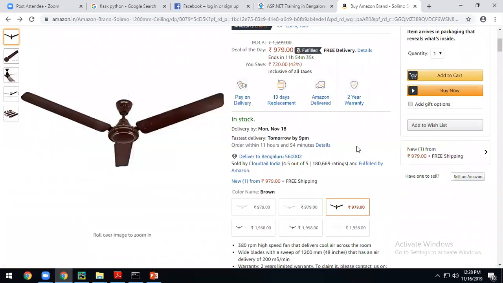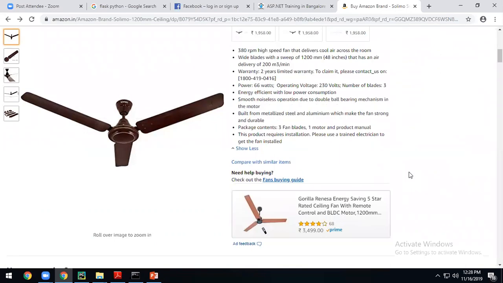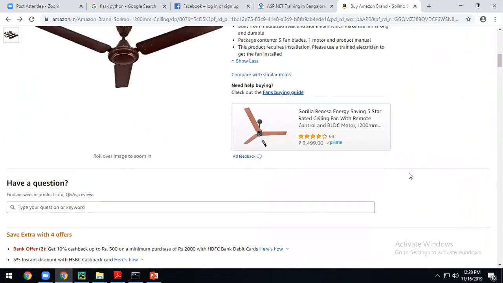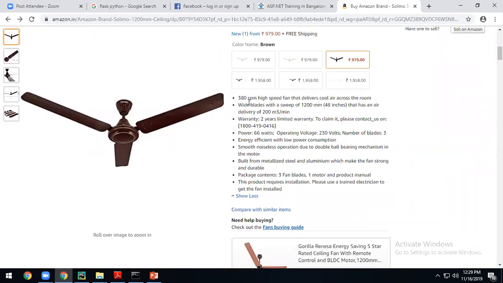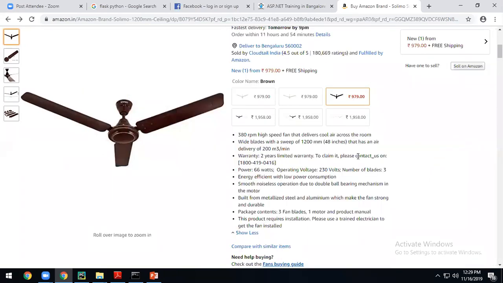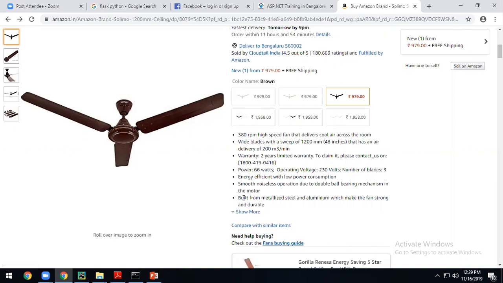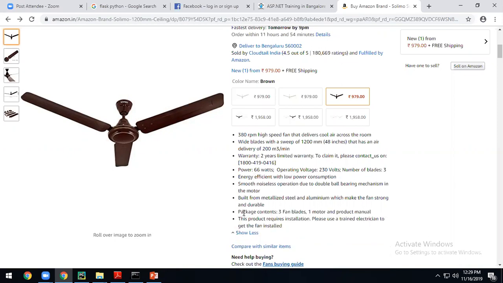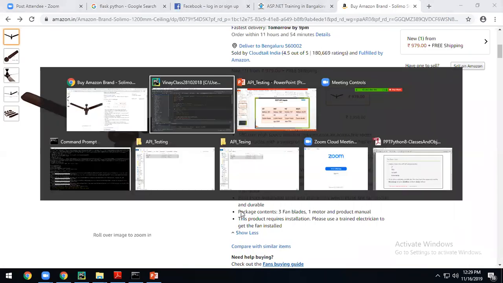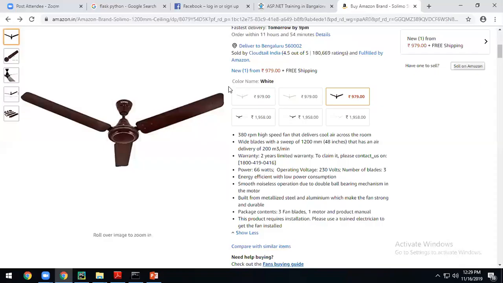This product will have n number of features actually, but I am only taking name and price. It should be there somewhere, no? Okay, all these things are there, no? Description about the product. Okay, it's a 3 ATM, RPM, all that. I'm not looking into all that. I'm creating only one product. I'm saying it's a fan and I'm saying only price. I'm not saying about all the description. I'm not showing actually, only small things I'm showing. You can have a number of things here. You can also add a description and you can specify all these things.